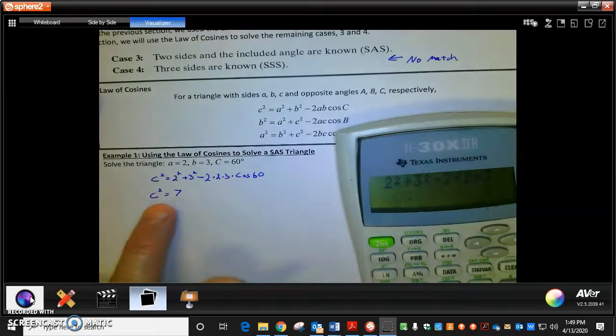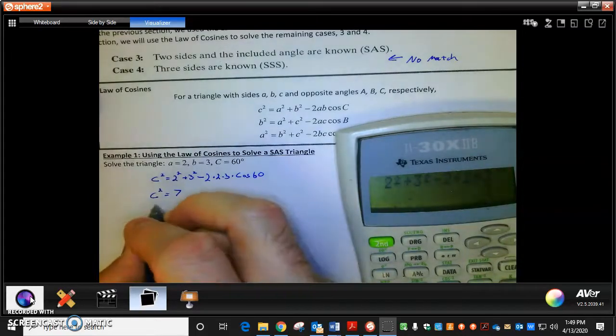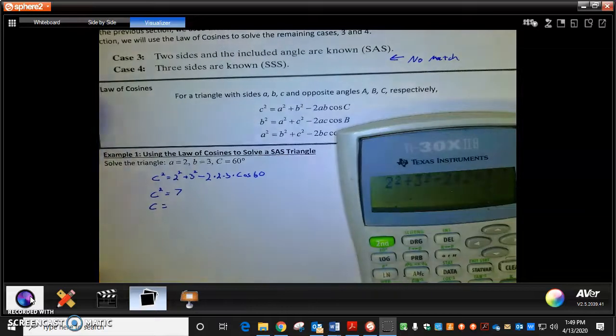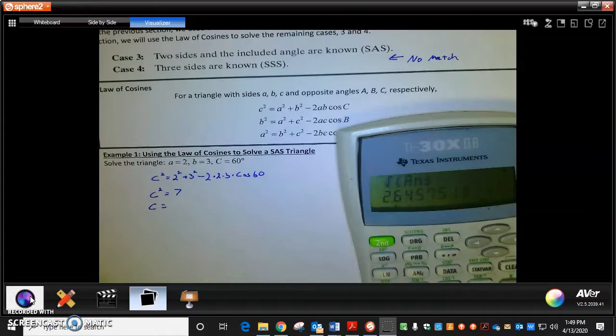And so my last step is just to take the square root of that. So c will be the square root of 7. So second, square root button. Second, I'm going to use my answer button. And I'm going to get